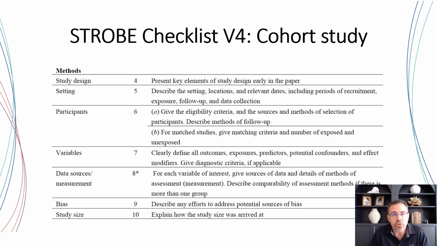And here is a look at version 4 of the STROBE checklist for a cohort study, just to give you a feel for some of the information that is actually on the checklist and what this looks like. As you can see here, these are a list of points. I've omitted the first 3, but you can see here when you come to the methods section, these topics mirror